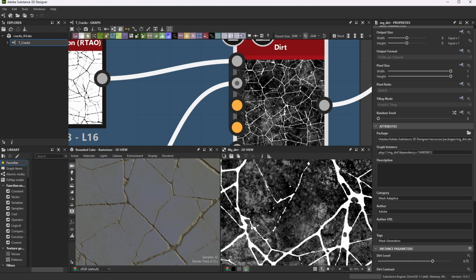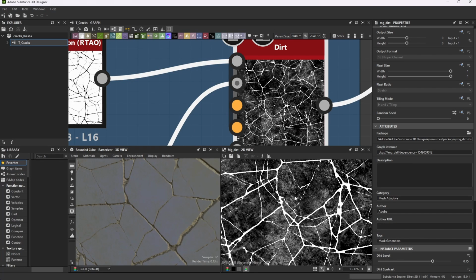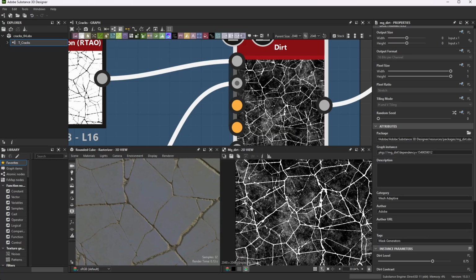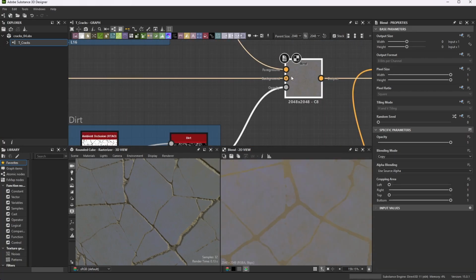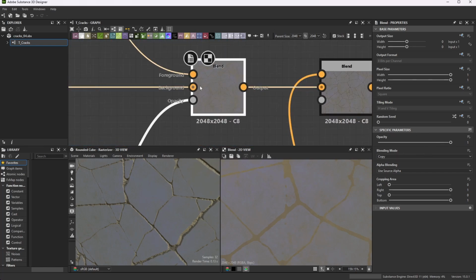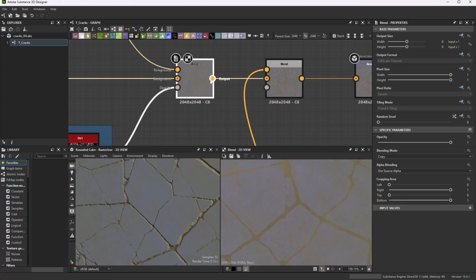To be perfectly honest, it's not going to make much of a difference. You're not really going to see a lot of this outside dirt because that's going to be masked off. It does very subtle stuff on the insides. So we come up here and blend those two together. And what you do is copy with opacity 1. Okay? And then let's run this blend